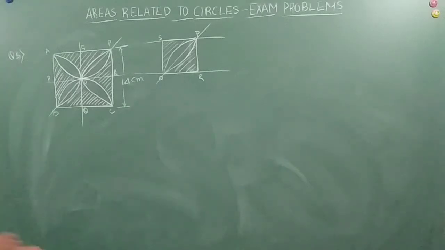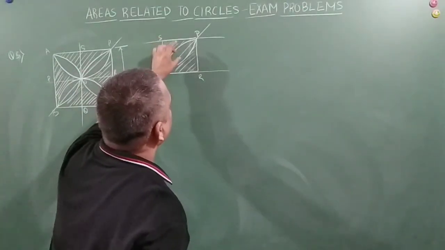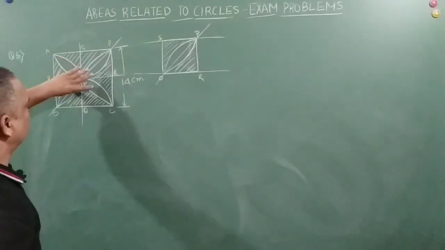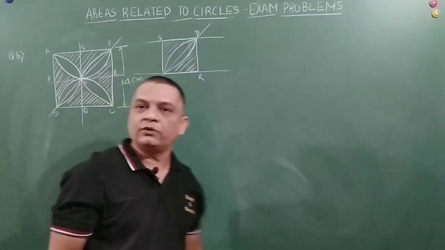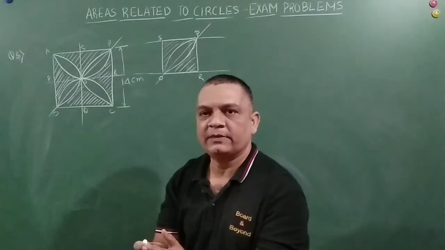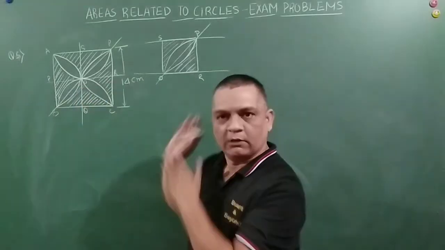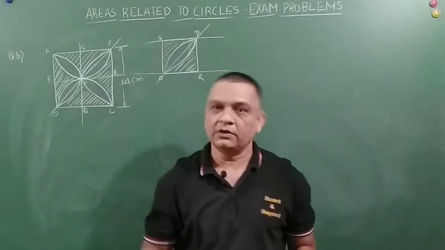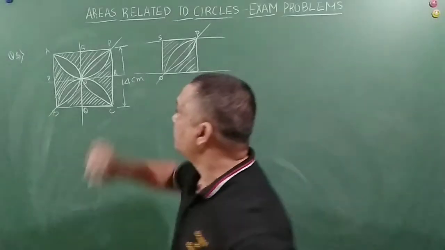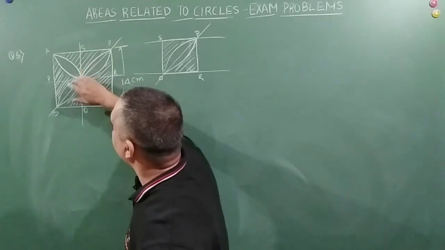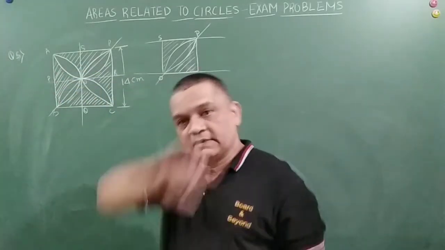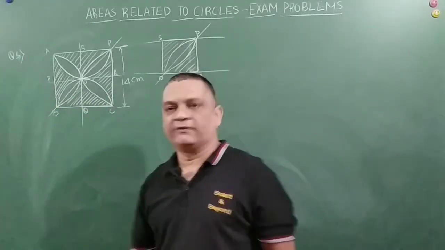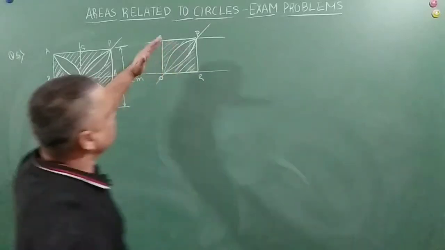Now friends, if I want to find out the area of this, the logic here is that I will find out the area of all these, 1, 2, 3, 4. How is that going to help you? If you get a problem like this in the examination, you can solve it. Or if you get the problem as it is in the textbook, you can solve that also. So first I am going to find out the area of this flower shaped structure, 1, 2, 3, 4, subtract it from the area of the square and then come to the area of the shaded region, right? So just concentrate here, friends.